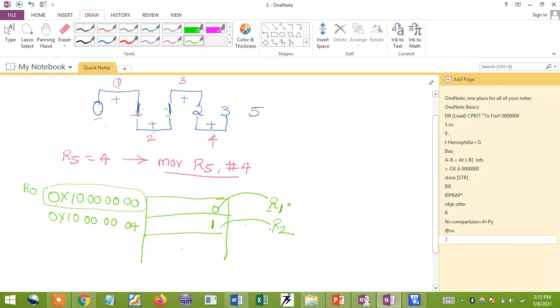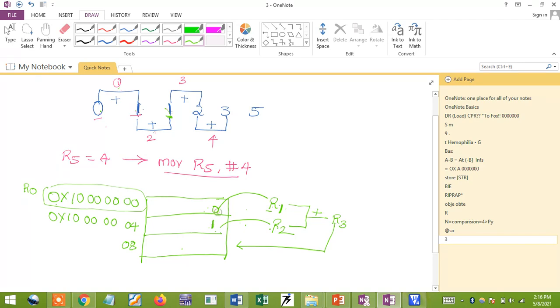In order to do the addition, I'll use an add instruction. R1 plus R2, I'll add both, and the result I need to store in my R3 register. So the result is there in my R3 register, but I need to store it in a memory location because I want to get this number in my memory location. For that, I'll use the next memory location, which is 08. By using the store instruction, I can store the result of R3 in this memory location.